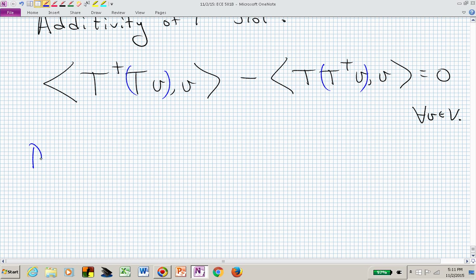But if we use the definition of the adjoint in both of those instances,